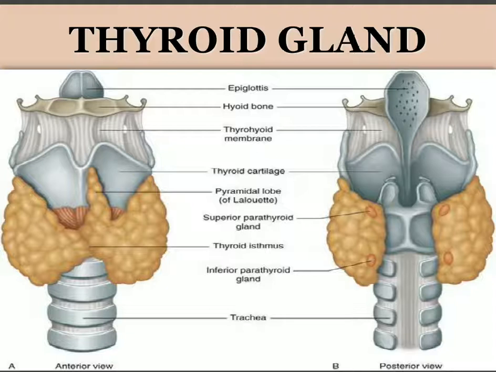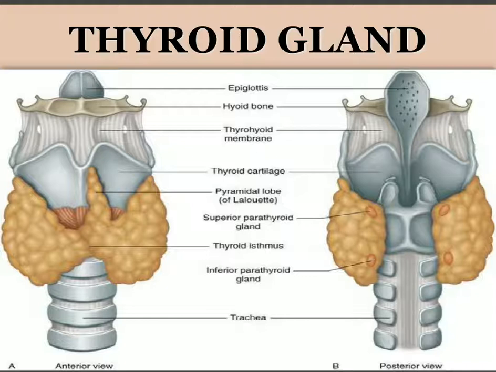It performs various functions. It produces important hormones. It is a gland that can produce hormones as well as store the hormones, and it will release them accordingly into the bloodstream. It regulates the metabolism, plays a role in various cardiovascular functions. It regulates calcium levels in the blood by producing calcitonin. It also helps in the growth and development of the body.